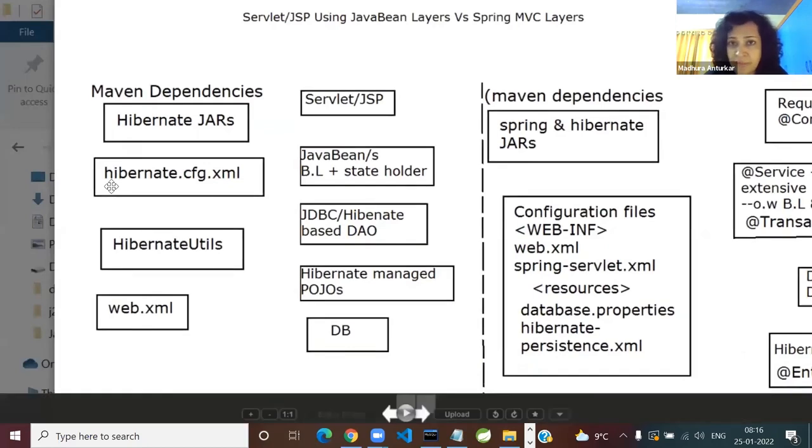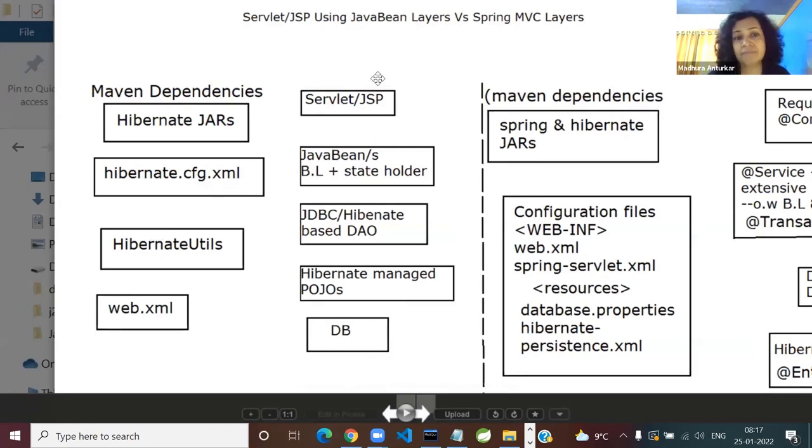So if you develop a web application with Maven, of course, this is Hibernate at the back end. So you bring in Maven dependencies, Hibernate jars, dependency jars. We configure Hibernate configuration XML. And what is the job of Hibernate utils? Tell me. Or okay, I'll rephrase the question. Who is dependent upon Hibernate utils for what? Answer my W questions. Who is dependent on Hibernate utils and for what?